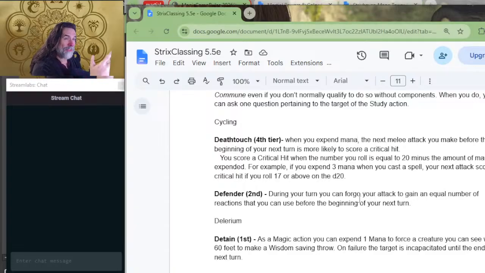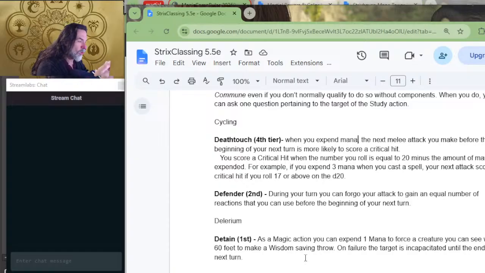So a rogue can sacrifice all of their action economy to generate 5 points of temporary mana, but you have to expend it. So they could then make a sneak attack. Say they have the opportunity to make an attack with their reaction. So they then make their attack, they spend all 5 mana to ramp up their attack roll, potentially gaining advantage and adding extra dice to increase the result. And assuming that they hit, because they spent 5 mana to gain advantage and to ramp the attack roll, it's probably going to hit, and they have advantage, so they're more likely to roll high. Since they spent 5 mana doing that,